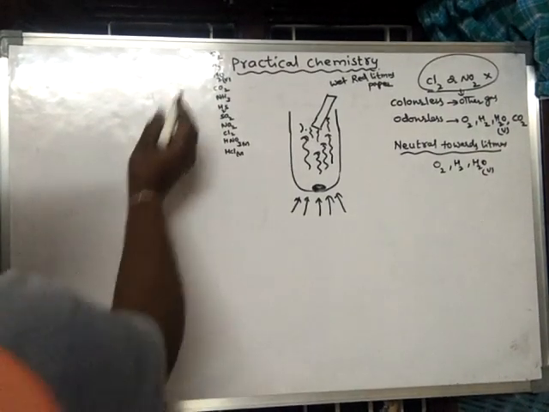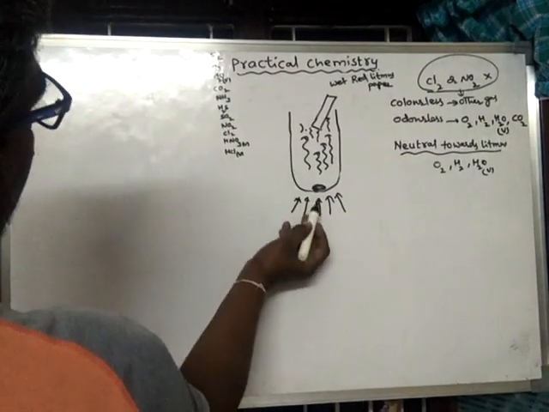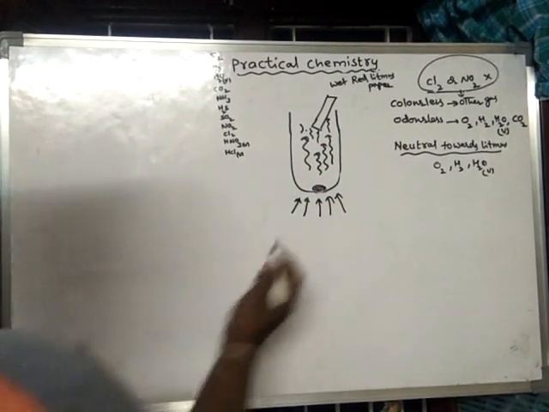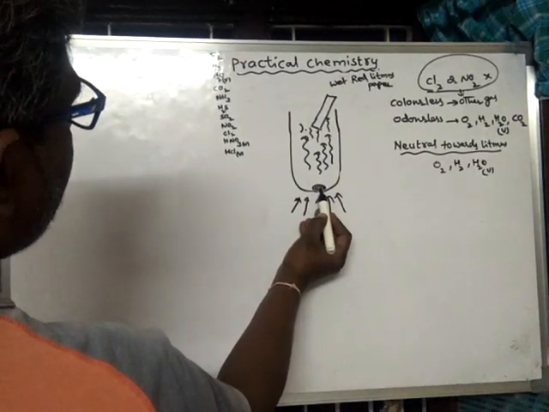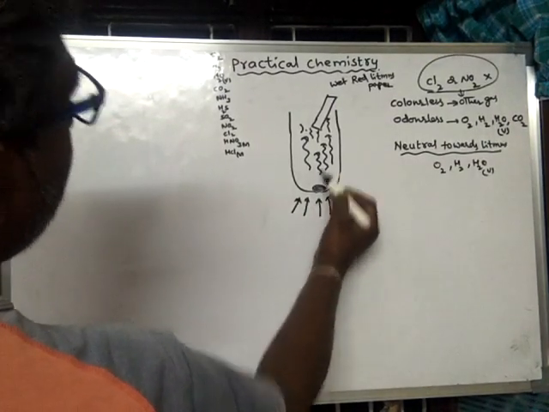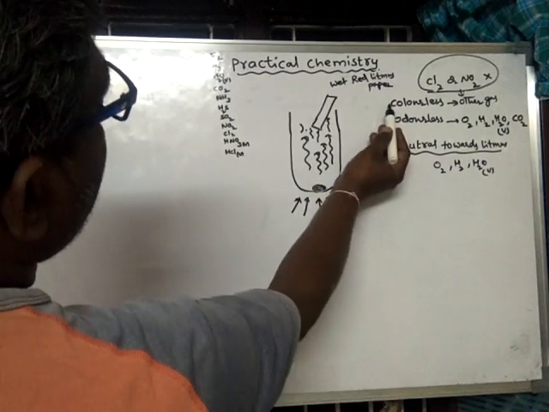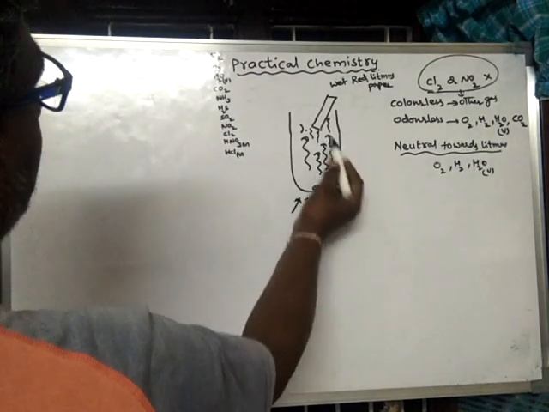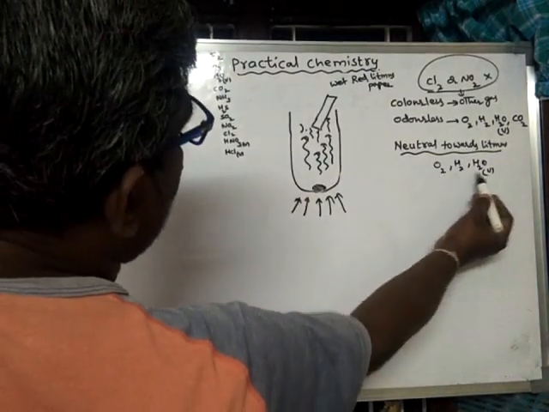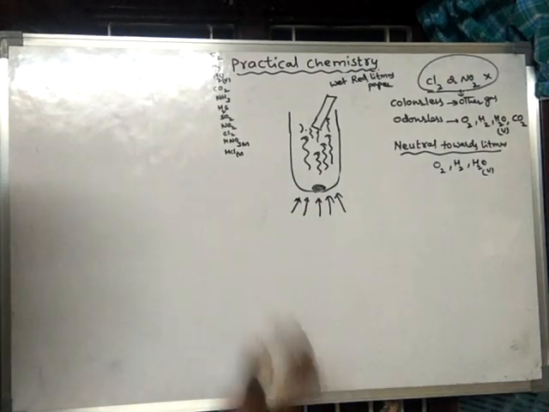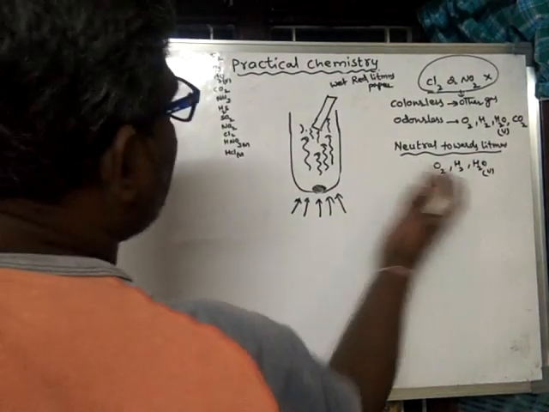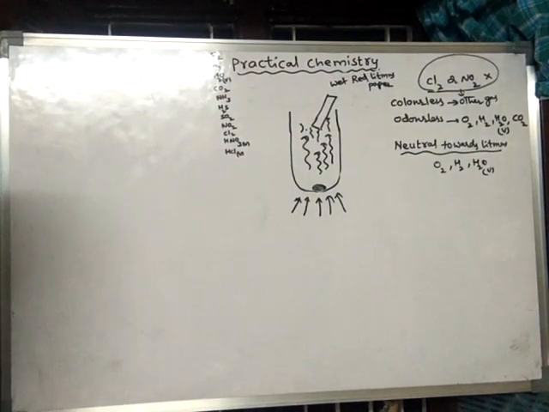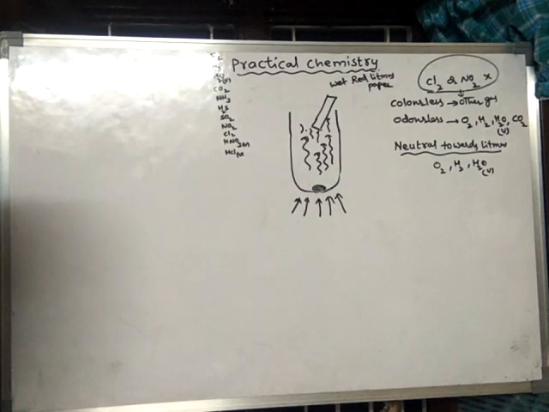Now, out of the 11 gases, suppose we have some unknown substance, and it is heated. When it is heated, a gas is evolved from it. This gas is colorless, odorless, and neutral towards litmus. So finally this gas may be either oxygen, hydrogen, or water vapor. Now we have to come to a conclusion: which gas exactly is it? Is it oxygen, hydrogen, or water vapor?